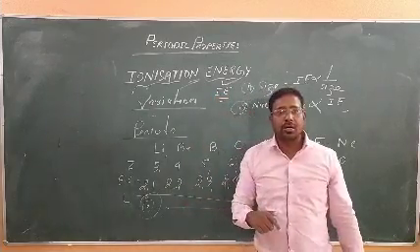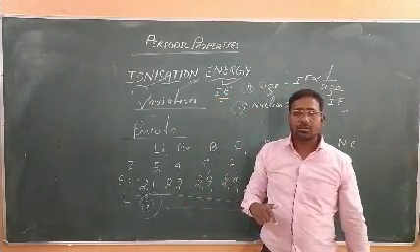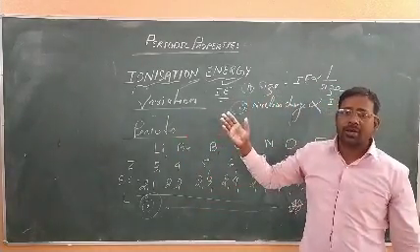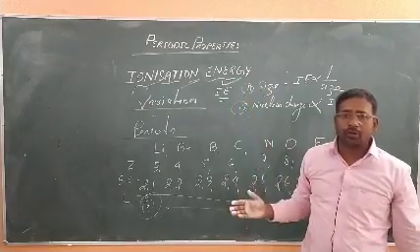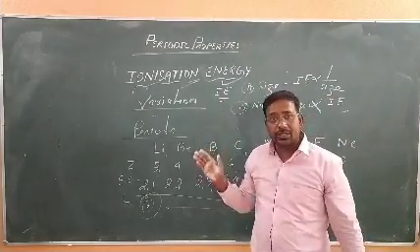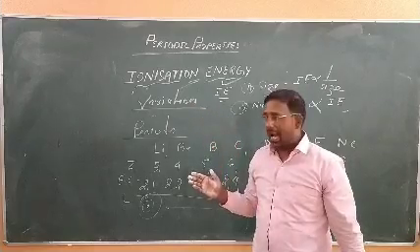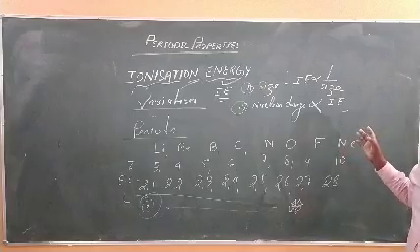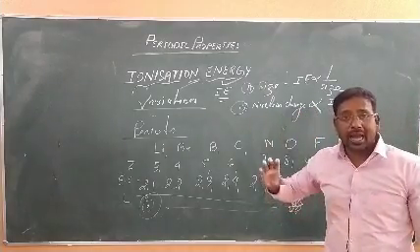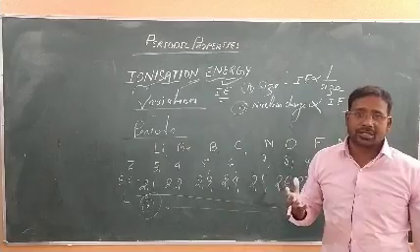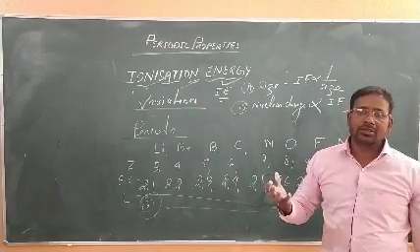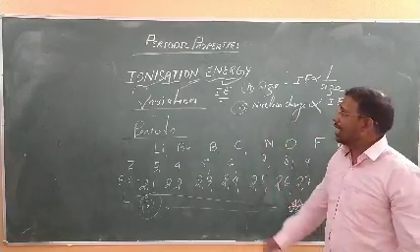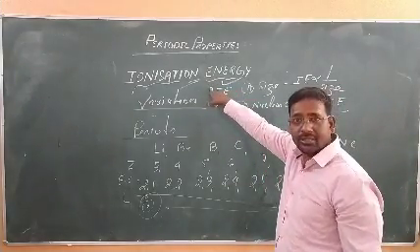We have already discussed the case of the group, and you can see the image here. When we move in a group from top to bottom, energy decreases because of the increase in size. In the case of a period, energy increases because of the decrease in size and increase in nuclear charge. Because of greater nuclear charge, we require more energy to remove the electron from the valence shell, and the value of ionization energy increases.